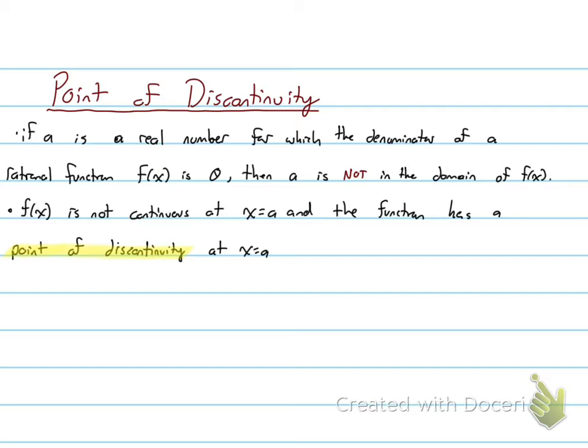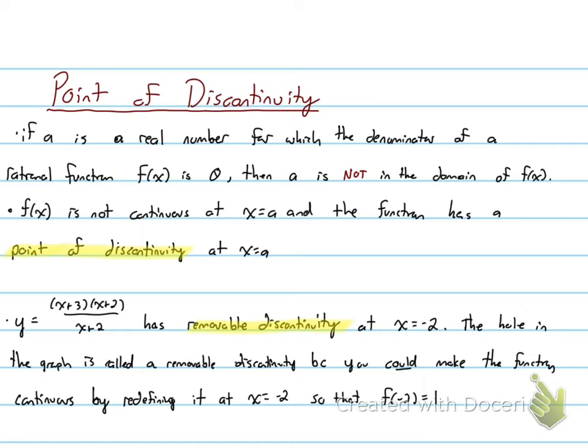If a is a real number for which the denominator of a rational function f of x is 0, then a is not in the domain of f of x. We've talked about that before. f of x is not continuous at x equals a, and the function would then have a point of discontinuity at x equals a. And that first example that we looked at, where we had the hole in the graph,